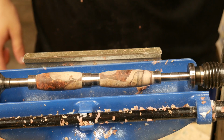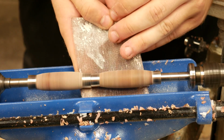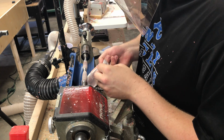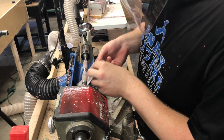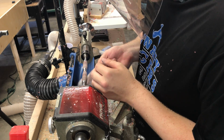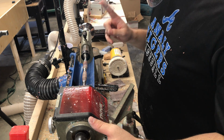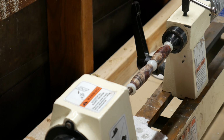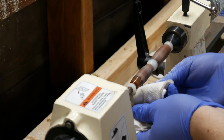So now that the pen is finished, I sand it before I apply my CA finish. So I start with about 120 or 150 grit, and I work my way all the way up to 600. And the reason why I do that, even though I apply a CA finish, is because one, it makes the blank or the pen at this point really smooth, and you're not going to have bumps. And also, I like to think that by sanding it to 600 and then cleaning it with denatured alcohol, which is what I'm doing right now, makes the finish in the end better, because the CA finish, you're essentially applying